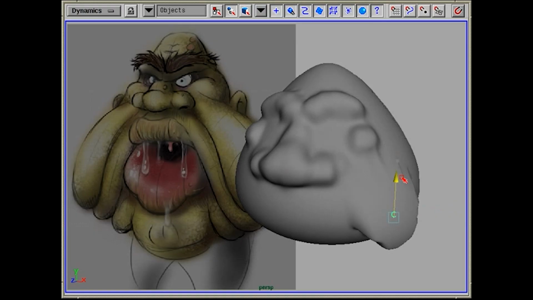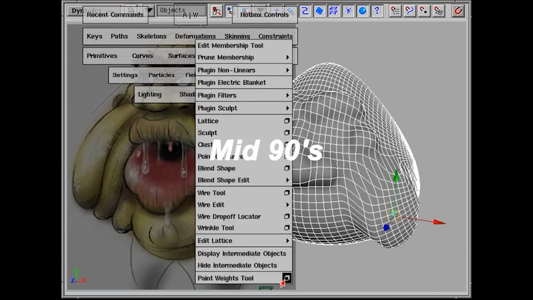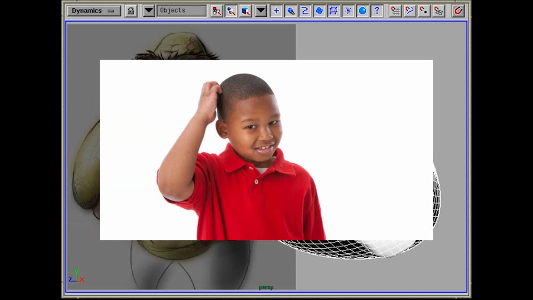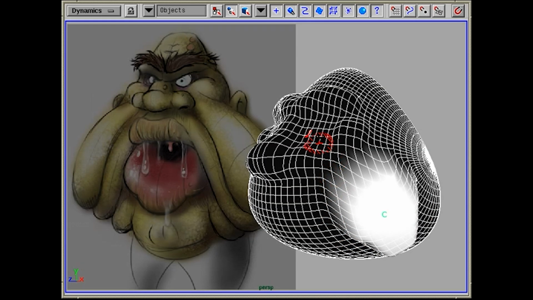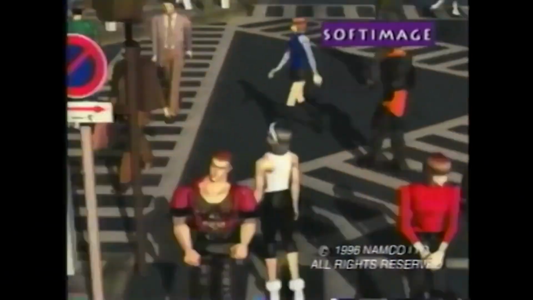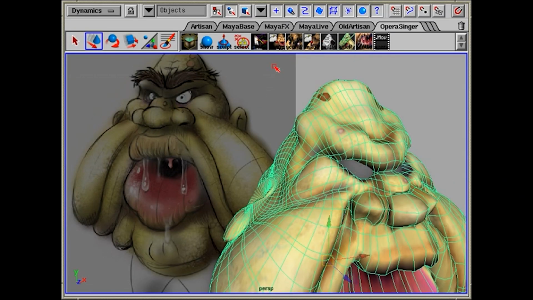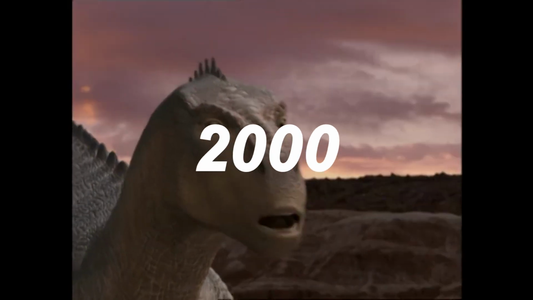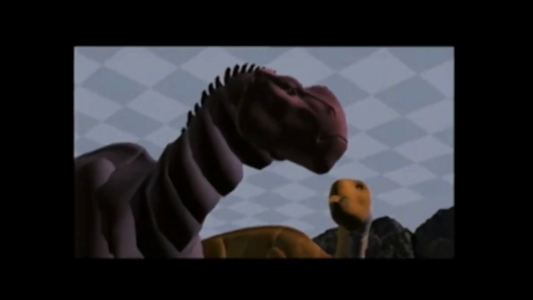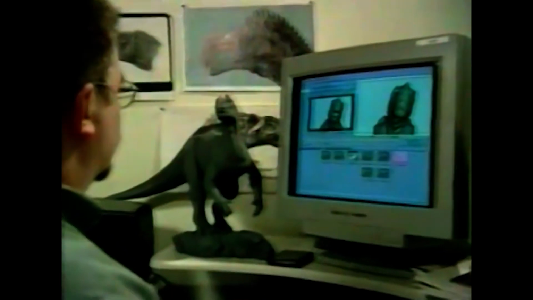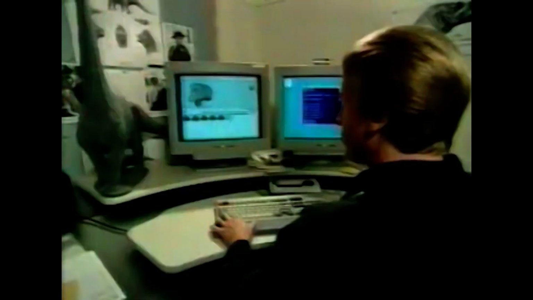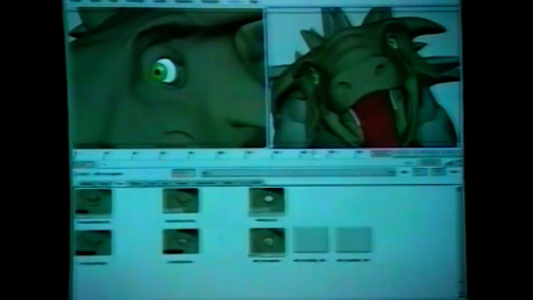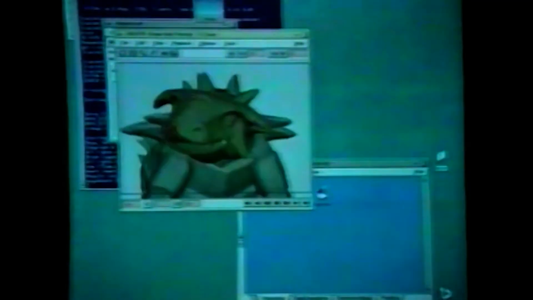When Alias Wavefront was developing Maya in the mid-90s, Disney Feature Animation came to them with very specific demands. You might wonder, what would they want from Alias, since they already had existing animation tools like Softimage? You see, Disney was preparing its first 3D animated feature film called Dinosaur, which was going to be released in the year 2000. And their animators were used to custom in-house tools. They didn't just want a shrink-wrap 3D package, they wanted something they could bend to their pipeline. This might not be the only reason, but that's where Maya's customizable-at-the-core philosophy came from.